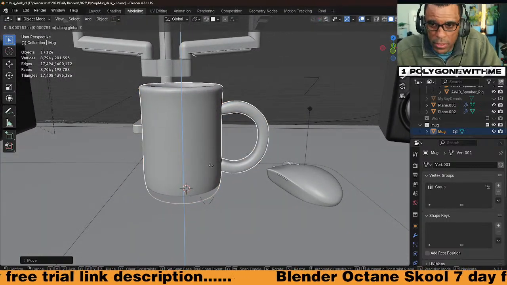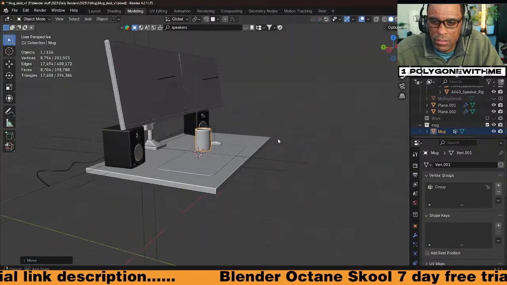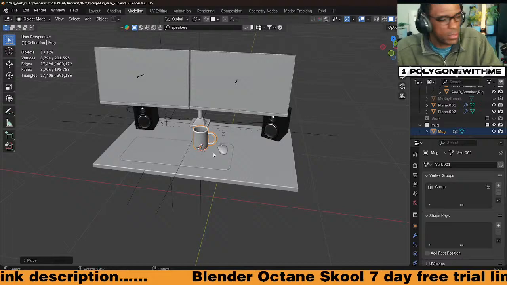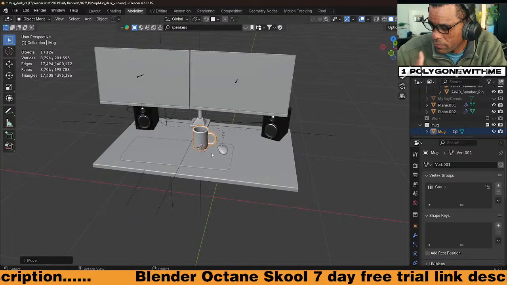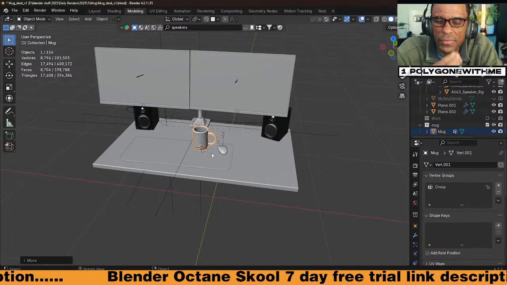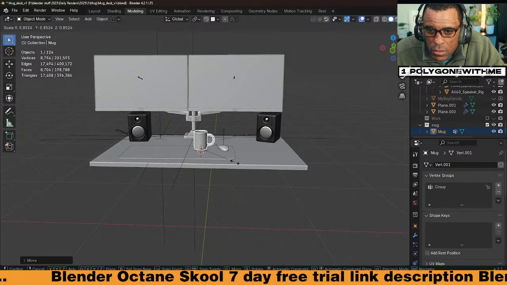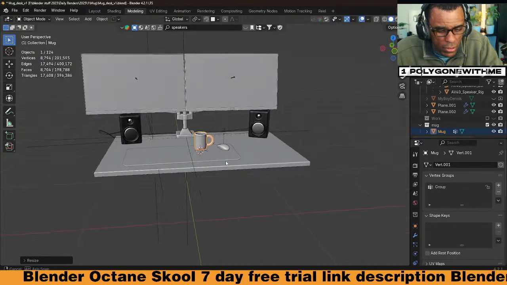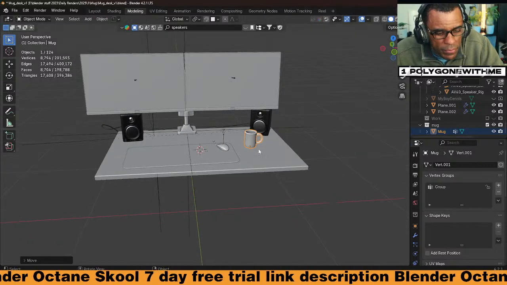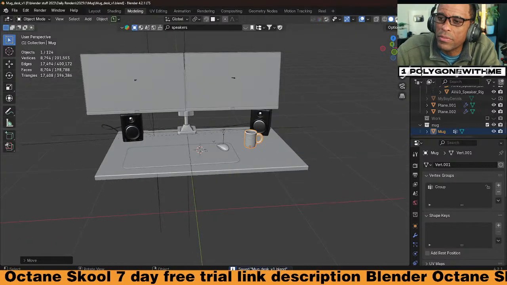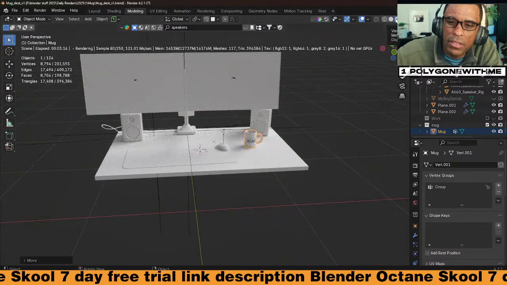And I'm going to put my mug. Oh, dude, this mug is huge. Where's my mug? I had a mug in here for reference. It's a little bit too big. We'll just bring it down just a tad bit, right? Something like that. And of course, if I fire this up, these are Cycles materials, so I'm not expecting to see those other assets, but there's the mug.